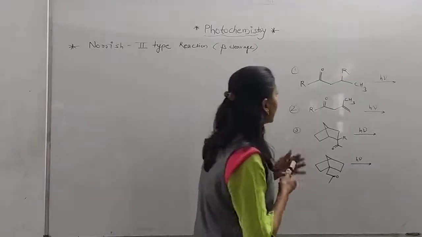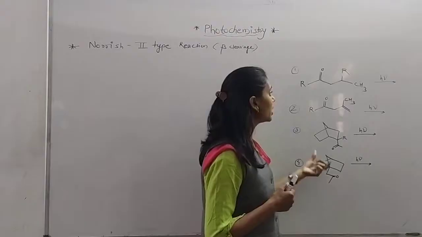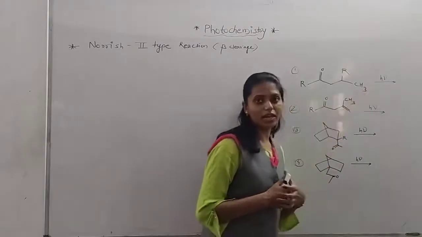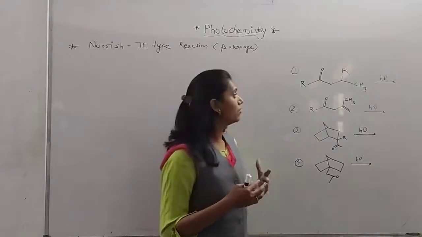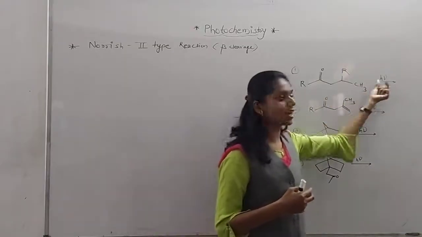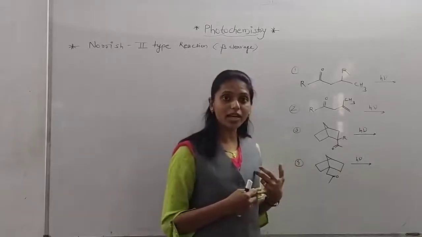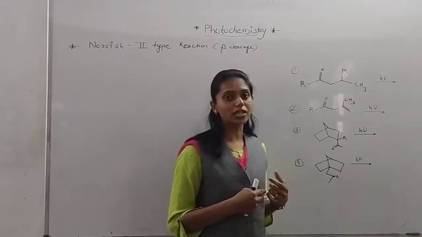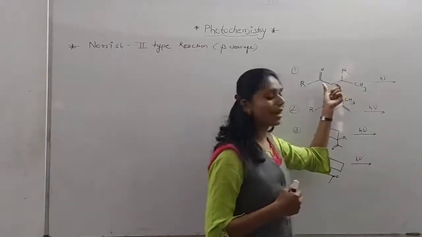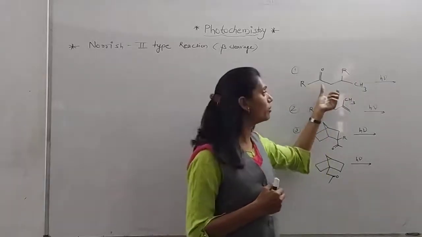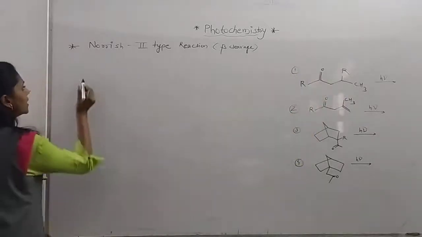Okay, you know that these are some examples of carbonyl compounds, and this is a photochemical reaction. So we must understand by which type the photochemical reaction proceeds, that means whether we use the Norrish type 1 reaction or the Norrish type 2 reaction. There are some key points to identify that we go by the Norrish type 2 reaction. I have written some points here.